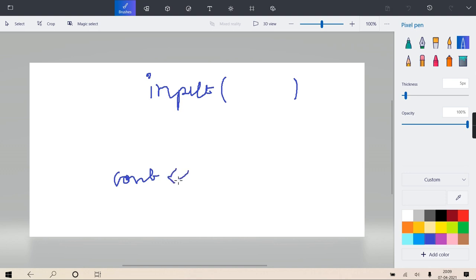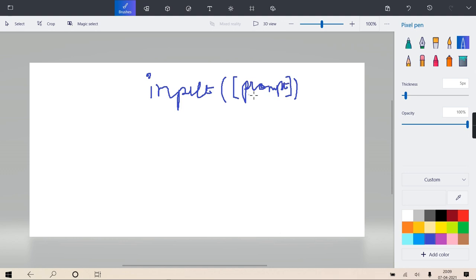Through cout we give the prompt message, enter name, enter age, whatever, and then with cin we accept it, isn't it? Here this input only does the work of that cout, means the prompt message. You don't have to write a print before it, no need. Getting? So directly you can pass to input one prompt message, which is optional.